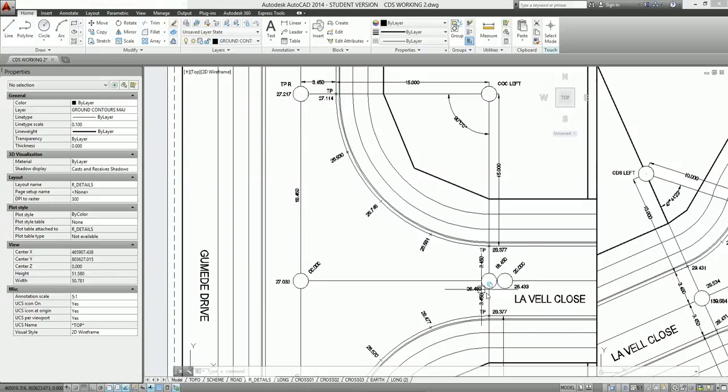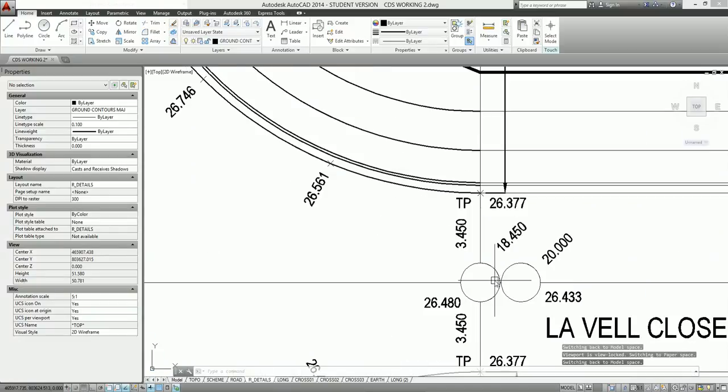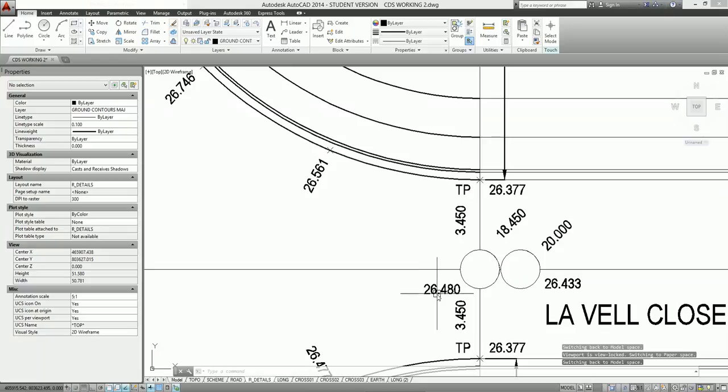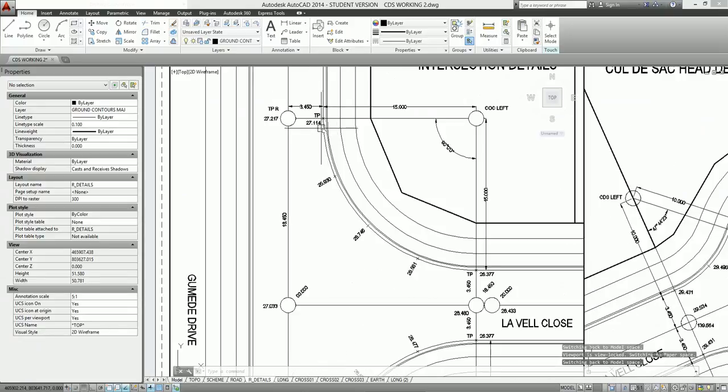This gradient here, obviously at the tangent point, which is 18.45, the tangent point there, on the alignment, 18.45. Again, just go across for the 3% crossfall, 26.377 from 26.48, the design. That's the design alignment here, and the one on the other side of the road will be the same. However, when we're coming down through here, of course, it's going to be different on each side of the cul-de-sac because of the differences in gradient of the existing